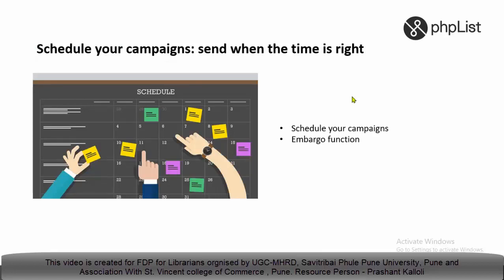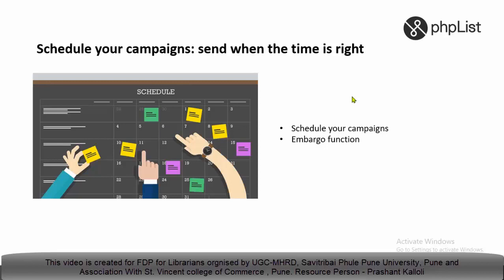Yes. What happened previously? We were sending mails to users when we were free, just sending the mail in bulk. If we have 500 or 600 users, we just send. There is no scheduling. Here we can schedule or send our emails at the right time for us and for our users too. If our emails are time sensitive, we can use an embargo or stop sending on schedule.